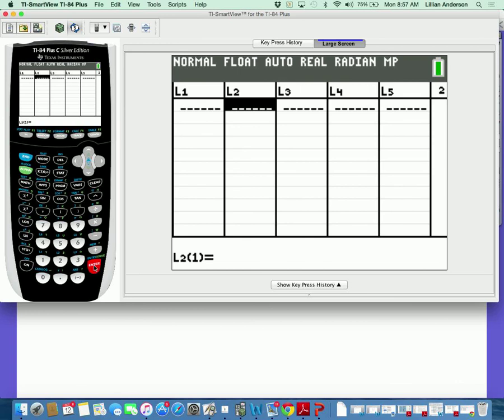Okay? Does anybody not have L1? What about L2? Okay, cool. Because you need to have all of these lists. If at any point in time your L1 or your L2 is missing, okay? The reason why it's missing is, say, I want everyone to do this. Go up to where L1 is highlighted and click the delete button. It's gone. Now, this will happen because the student might say, okay, I want to go ahead and delete all the information that's in the list. You don't want to delete it, you want to clear it. So let's just say you accidentally deleted it. It's fine. All you do is